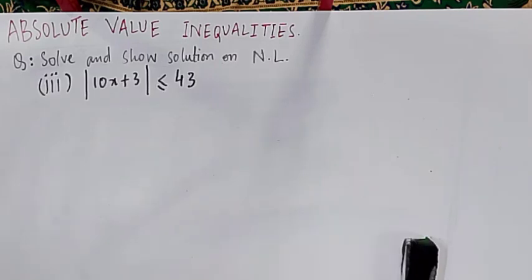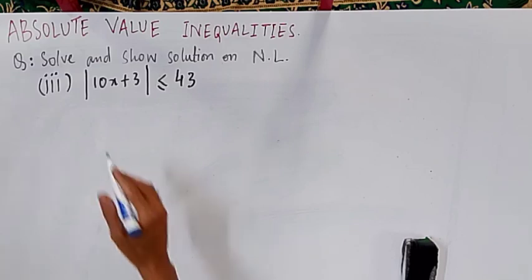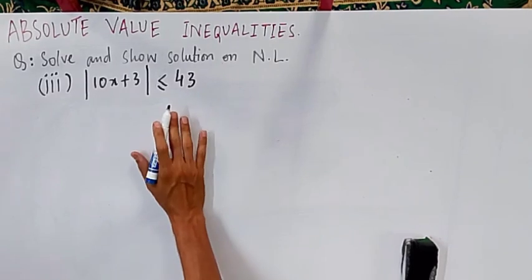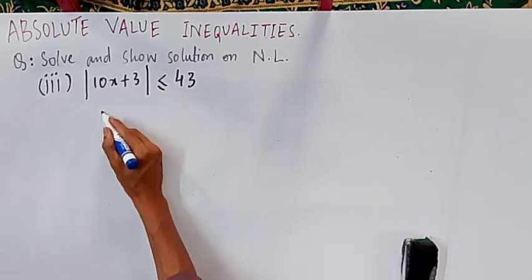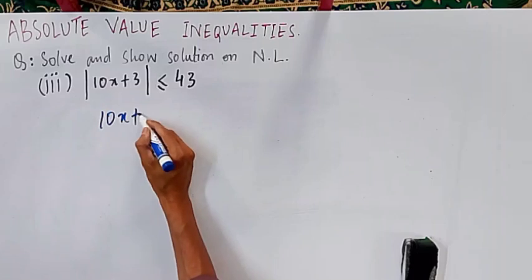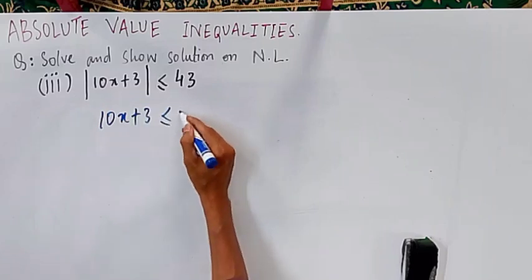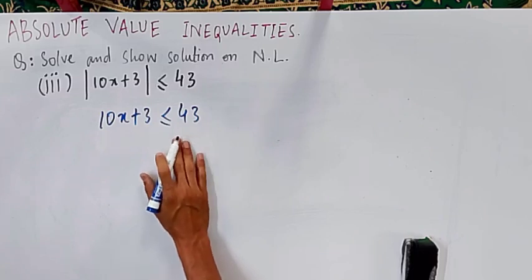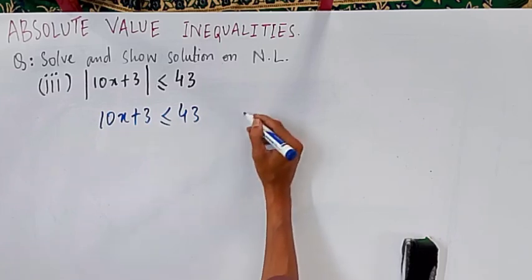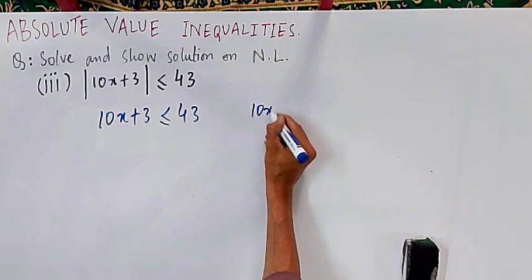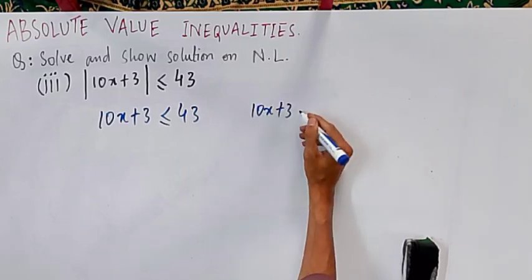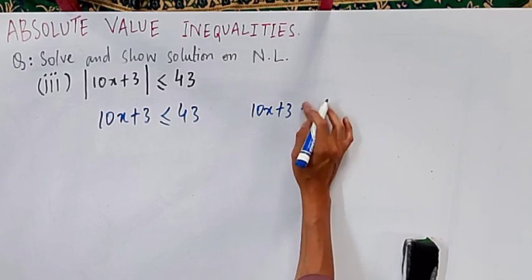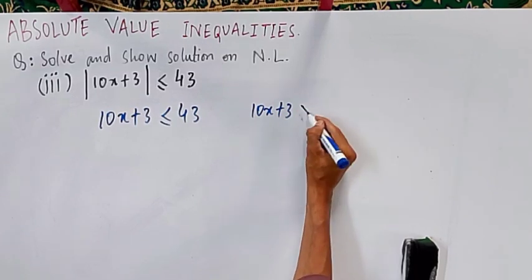Now if you look at this question, it is also the same question, but over here there is a little bit different solution. Over here if you see, now you must know about it, how to open it. So you can open it with the same sign, means you will not change anything, not the sign of the inequality, not the sign of the number, but as soon as you will change the sign of the number, you will get minus 43, so it will become greater than equals to.